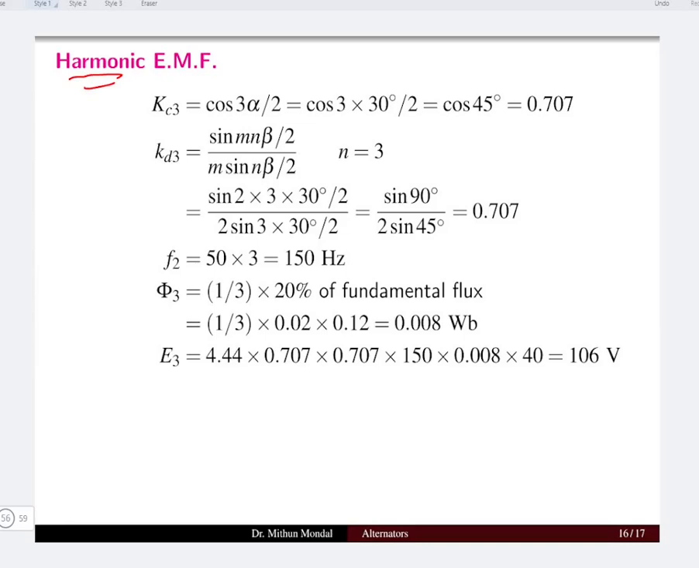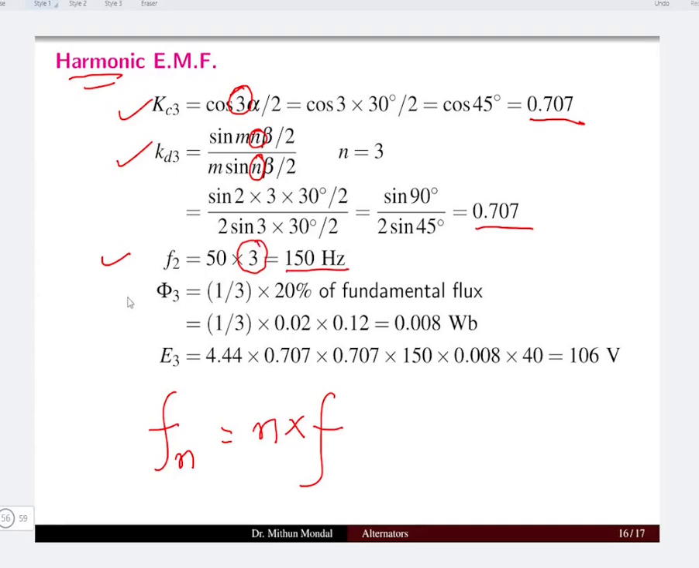So when we take the effect of harmonics, the equations of Kc and Kd will change, because here the third component of harmonics will come. So cos n alpha by 2 will be 0.707, and in the equation of Kd the third harmonic also comes in, which is equal to 0.707. Now the frequency Fn for the harmonics is equal to n times the fundamental frequency, which is equal to 150 Hertz, because the third harmonic is present. The flux we have been given is 20% of the fundamental flux, and you take 1/3 of that, so it is equal to 0.08 Weber for 0.12 Weber as the fundamental flux, which we can put in the EMF equation for the harmonic EMF,